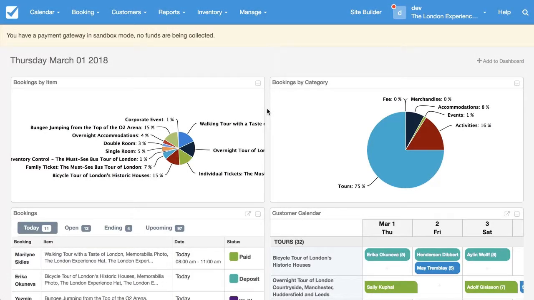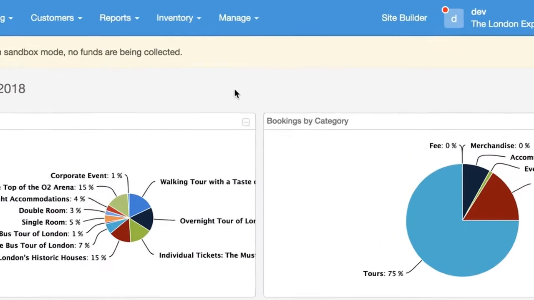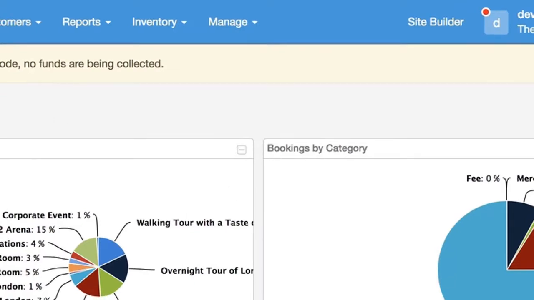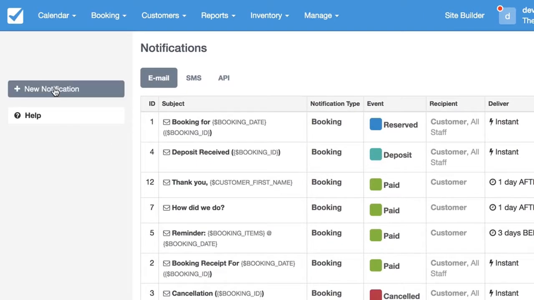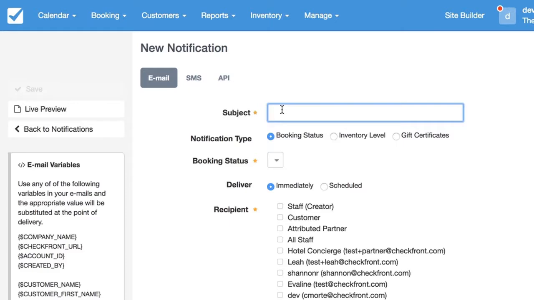Today I'm going to be showing you how to set up images in your notifications. So to do this, we're first going to want to go to Manage, Notifications, and then we'll select New Notification. You can add a title,